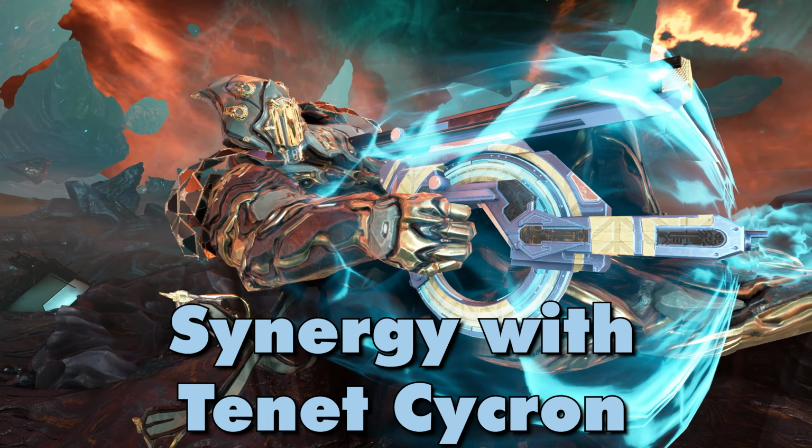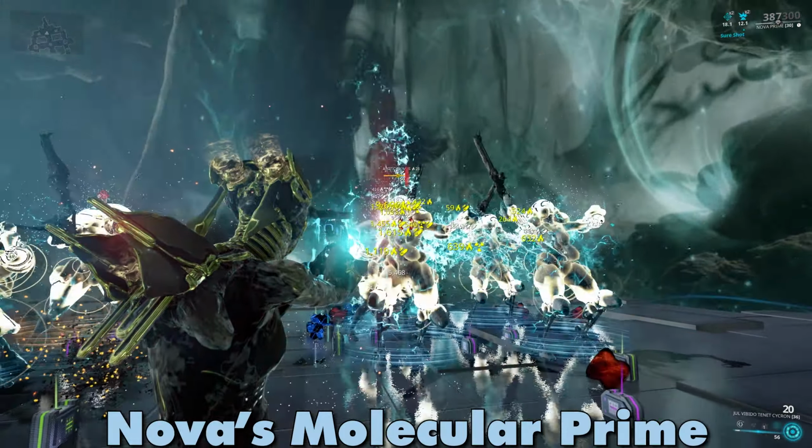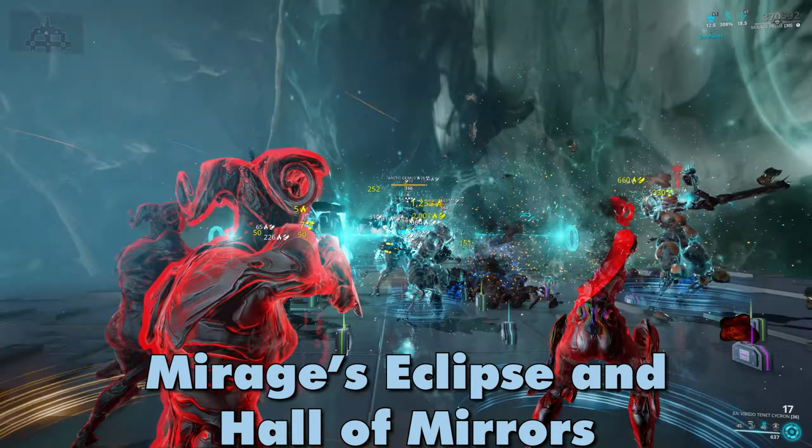There are several ways to enhance critical stats and damage for this weapon. For instance, for damage, Rhino's Roar, Nova's Molecular Prime, which makes all sources of damage increase by 100% against primed enemies, Mirage's Eclipse mixed with her Hall of Mirrors as a massive damage bonus during the day or in light,